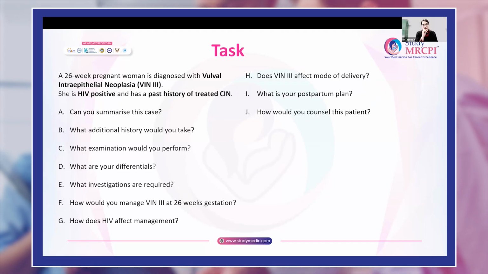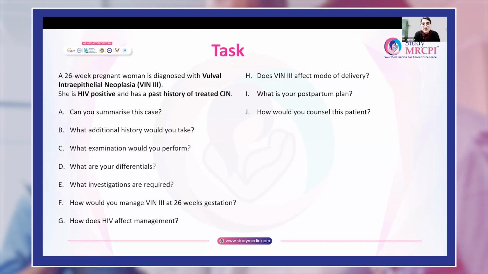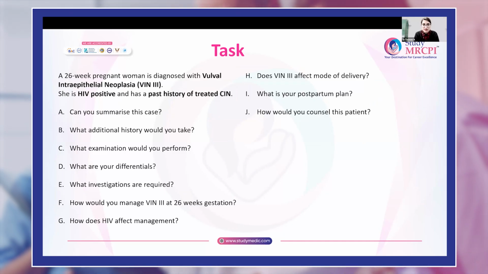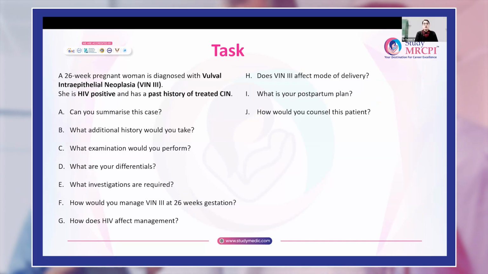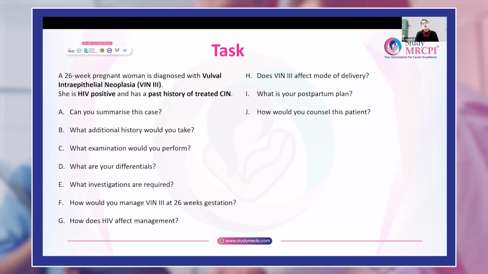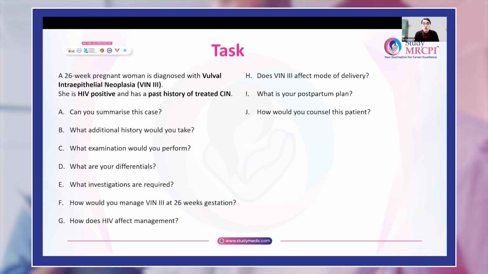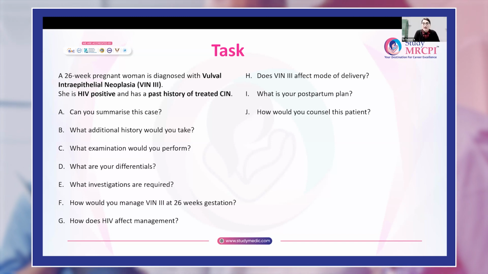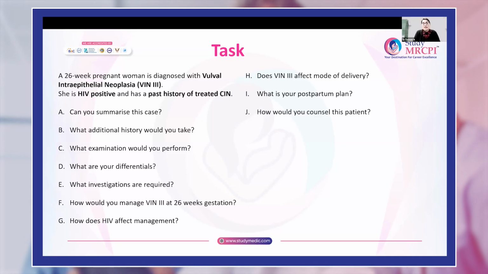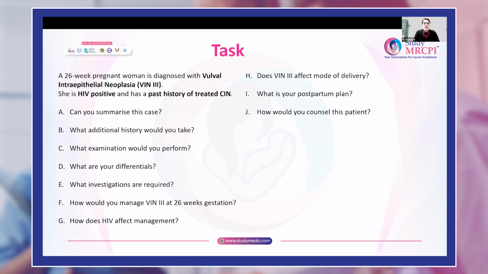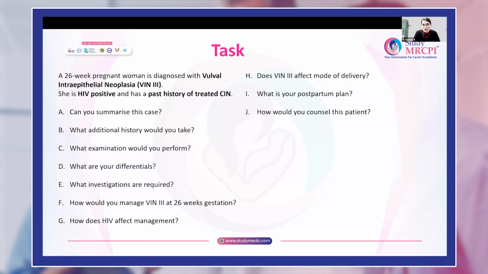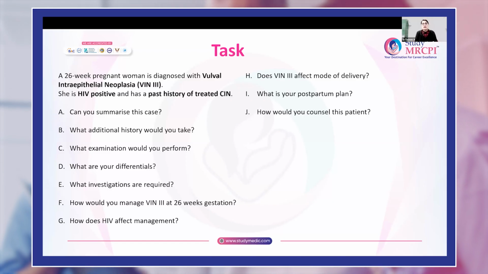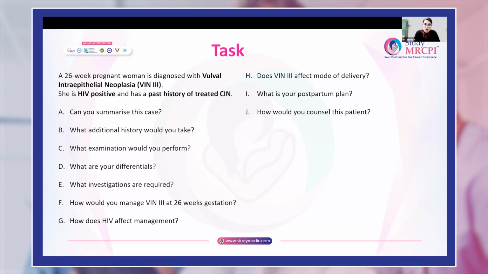So these can be potential examiner's questions. Summarization of the case is always the first question in the exam. So you should be very structured about the summarization of the case. Additional information includes information gathering from the patient, and information gathering is always to collect the risk factors. What other risk factors can be there which can affect the disease progress, which can affect the disease recovery, and all examination findings. What various differentials, if the diagnosis is not given, then various differentials should be in your mind, so that you take the disease in a broader aspect to manage this patient.